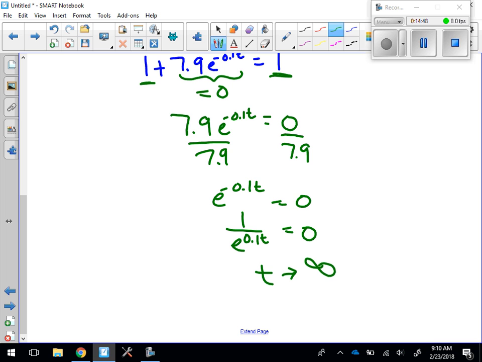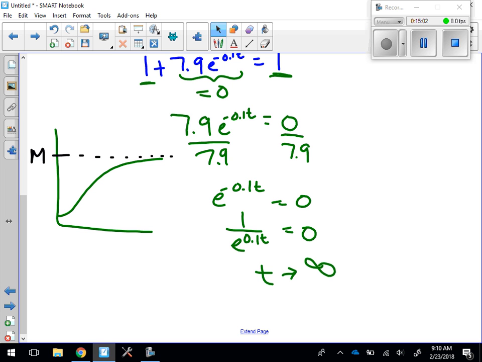So remember what the graph looks like. The graph looks like this, and this is an asymptote. Remember asymptotes? We've talked about asymptotes in like five chapters. So the carrying capacity is a horizontal asymptote that the population approaches, but never really meets until infinity,